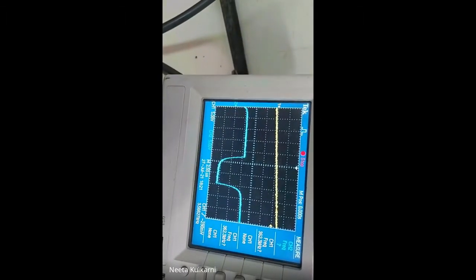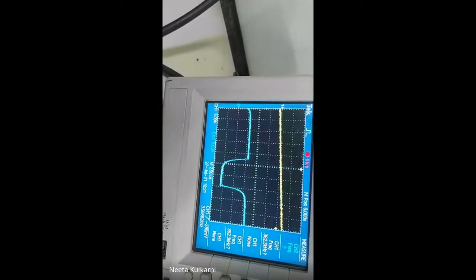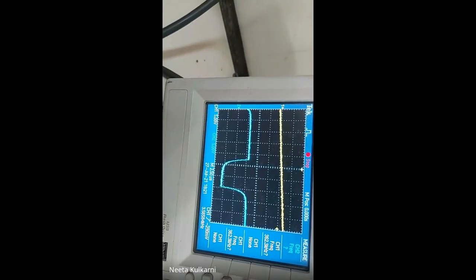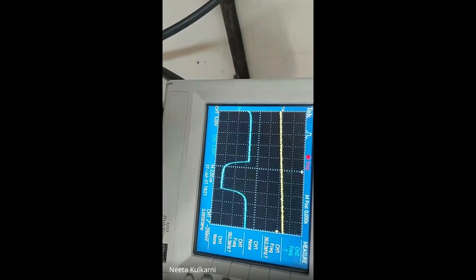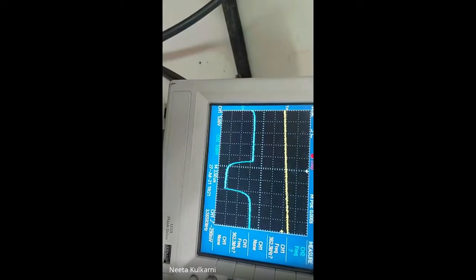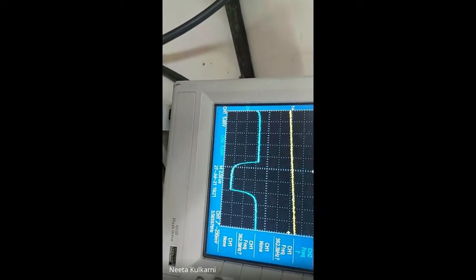Then the second one was the QPSK modulator we have seen. The title was QPSK modulator, and you have to show the output. The input signal data given was 11011 like that, and then we separated the even and odd, and then you have to draw the waveform of that. And the third one is the PCM modulator.